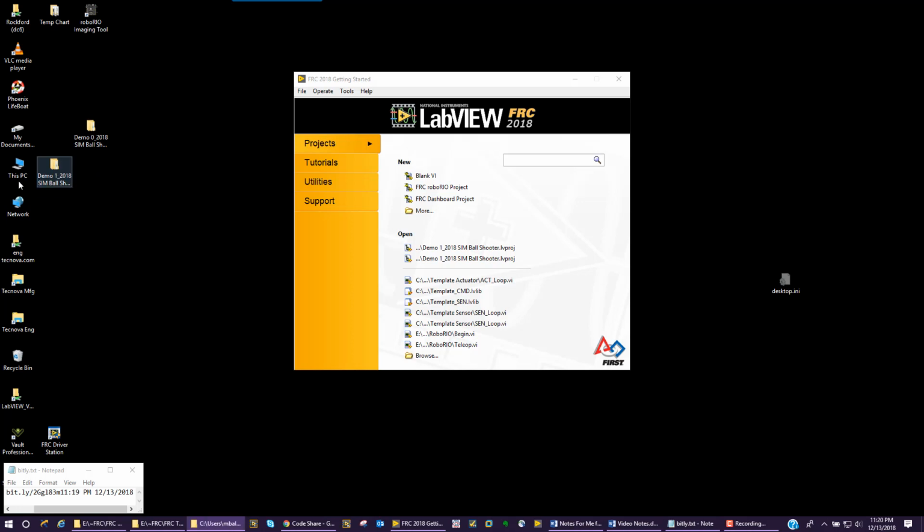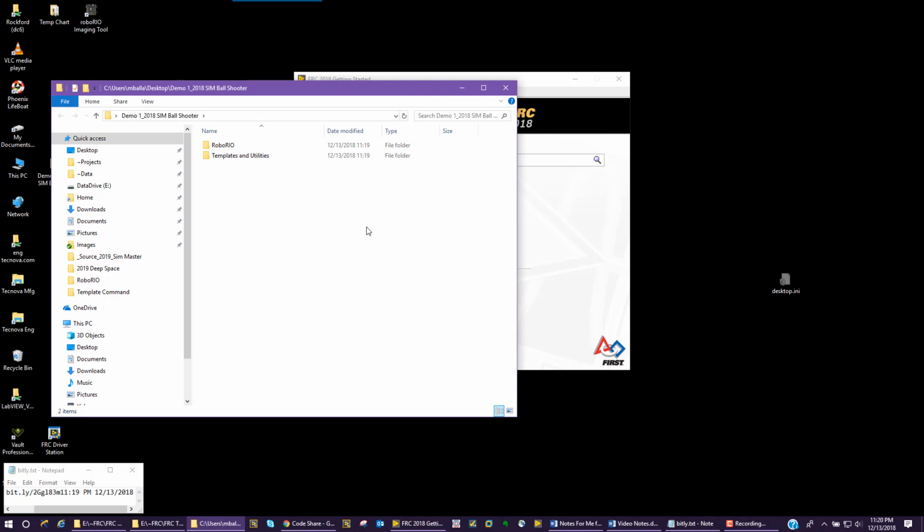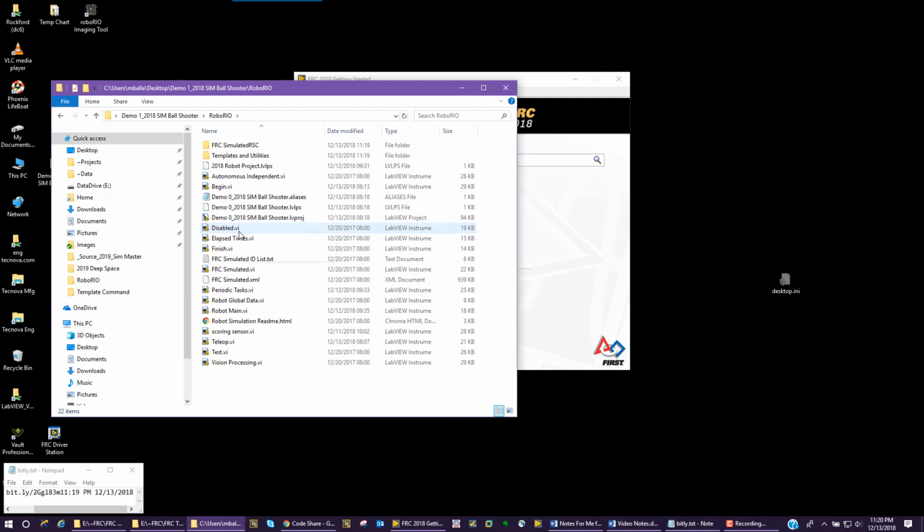And we're going to open demo 1, and we're going to place the templates and utilities inside the RoboRio folder. Later we're going to add a dashboard folder, and we're going to add a share folder where both the RoboRio code and the dashboard code will use the shared folder. The VIs inside the shared folder. So I'm going to open RoboRio,